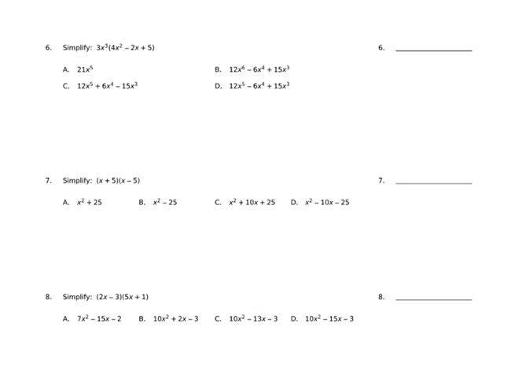Next one, simplify. So this is a multiplying problem. So we have to take and distribute our 3x cubed. So we have 3 times 4 is 12. X cubed times x squared is x to the 5th. We add our exponents. 3 times negative 2 is negative 6. X cubed times x is x to the 4th. 3 times 5 is 15, and we keep the x cubed. So 12x to the 5th minus x to the 4th plus